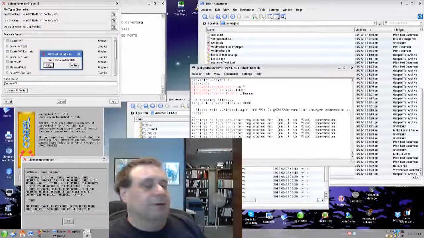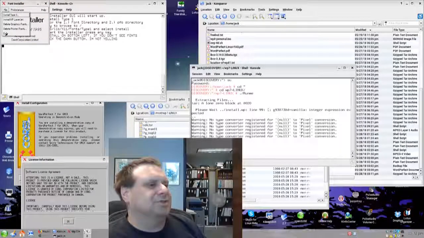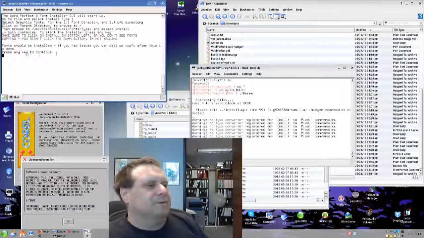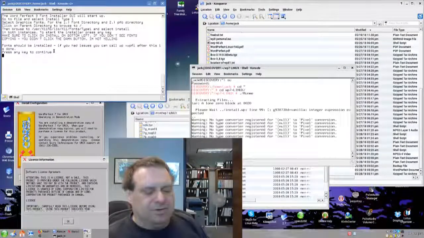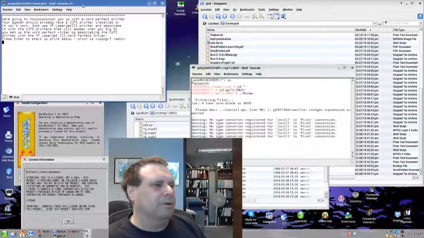With one command line, it's a one-liner. So I'm going to exit this, and those fonts should be installed. Now, press enter. Now it's going to download the icon, create the icon. Now we're going to do a